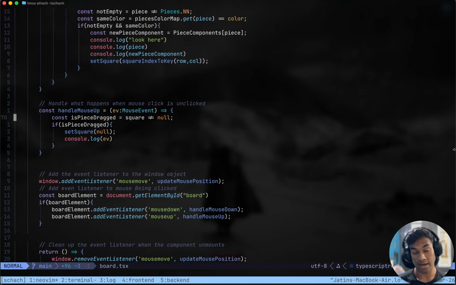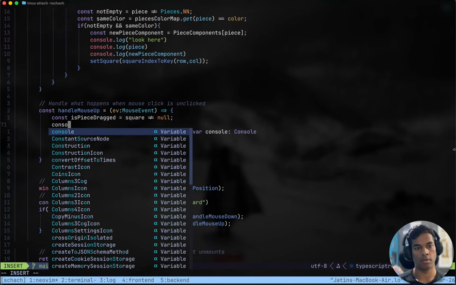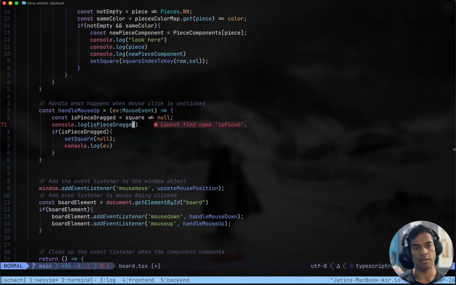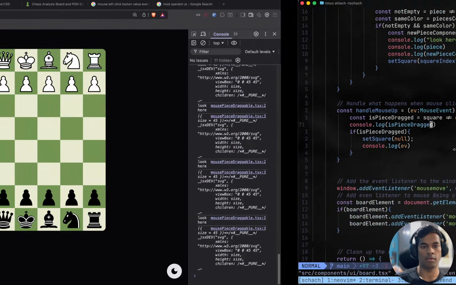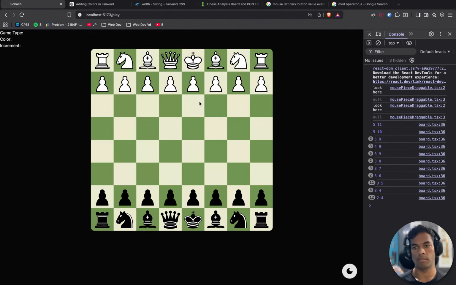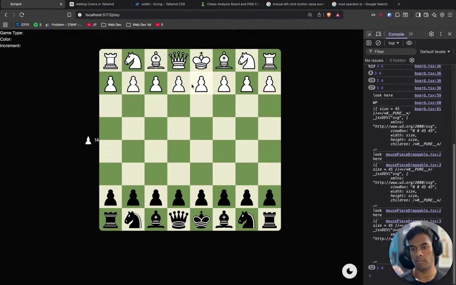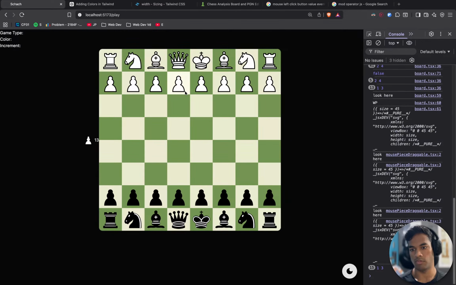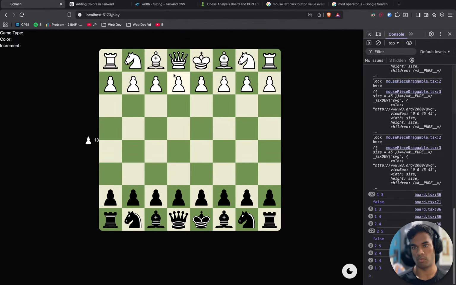Is the piece dragged if square is not equal to null? Log is piece dragged. False, the piece is not dragged somehow.